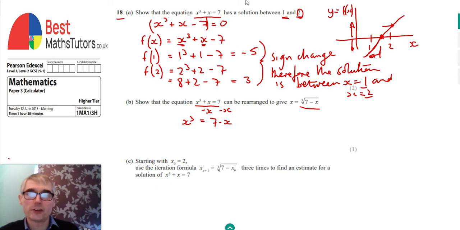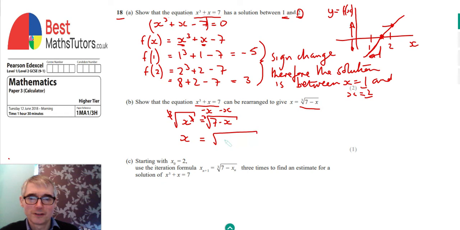So the opposite of cubing something is actually cube rooting it. So if we cube root both sides like this, on the left the cube here cancels with the cube there. And so we end up with just x on the left, and that it's equal to the cube root of 7 minus x. So you can see why this is only 1 mark available, because it's actually quite a simple